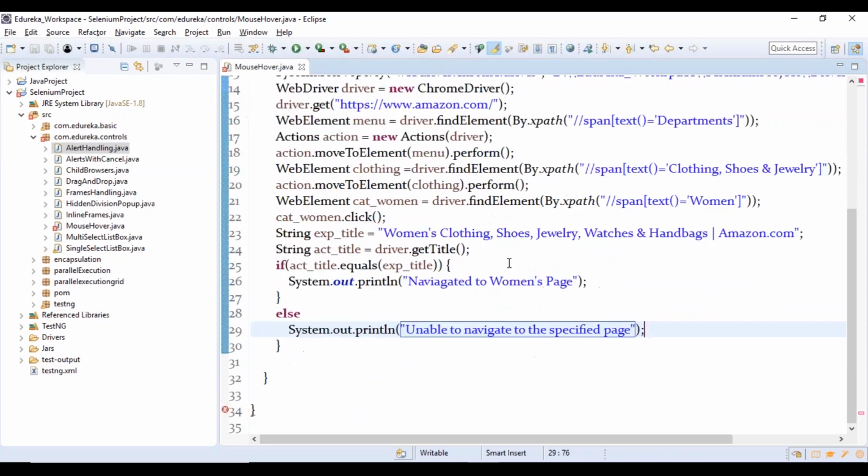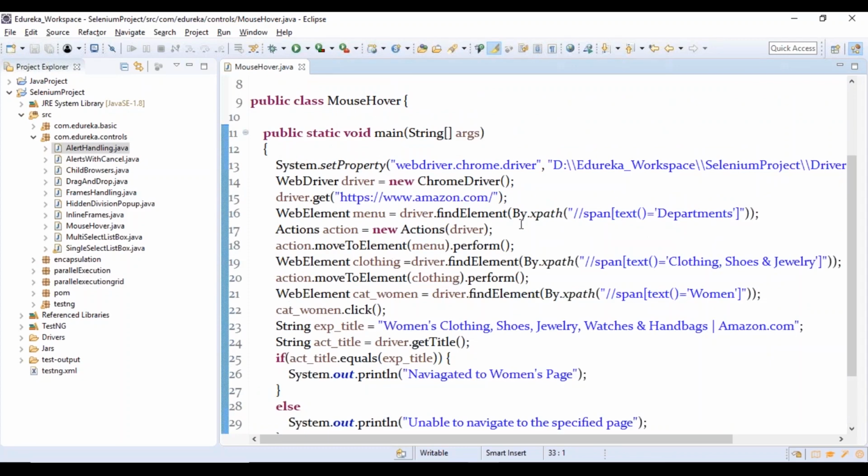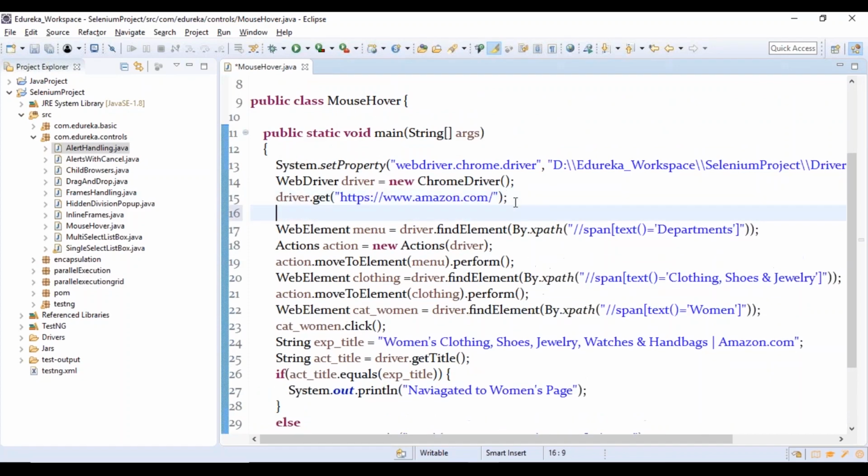Before this, one important thing that we have to do is, give me a minute. There's one extra, so let me remove this. We are supposed to wait until all the elements get loaded, right?